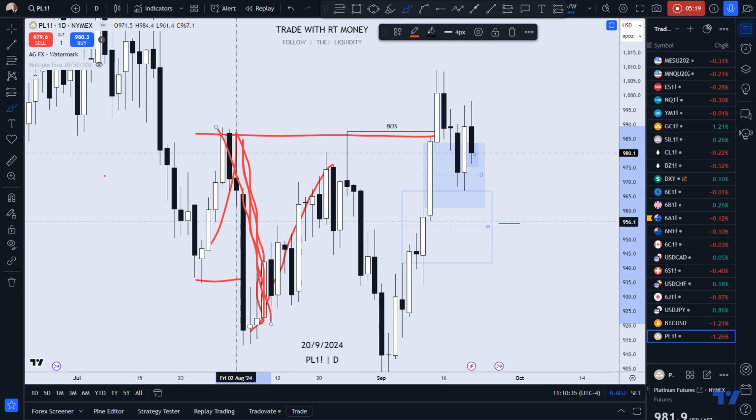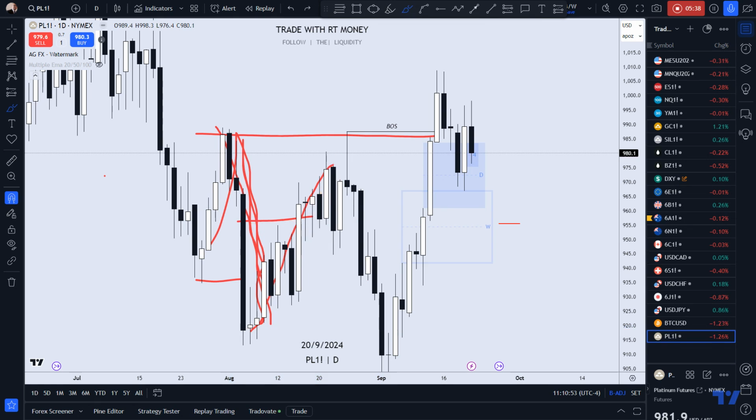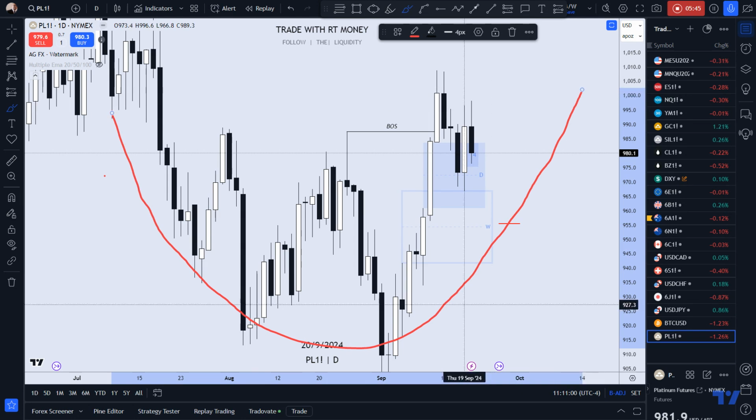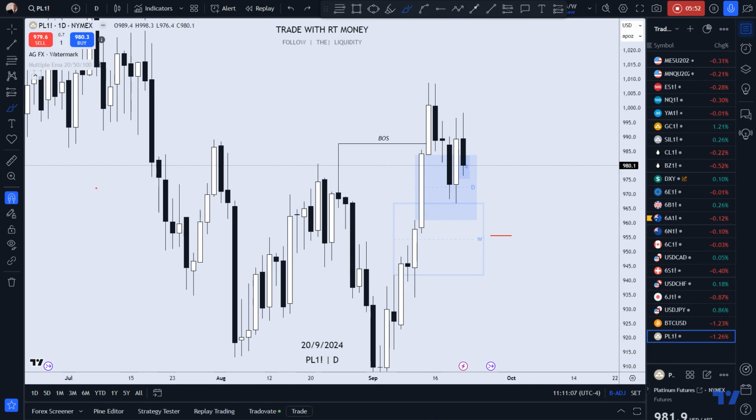What was I looking for? We have put it in half. We have discount. We have premium. It came back to premium, and you want to take shorts from there. It set up a short, boom, and we broke structure once again. We're just looking at this in the reverse. You're going to see the market maker sell model here, and the beginnings of the market maker buy model on this side, with this point being